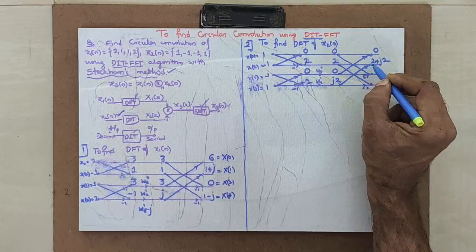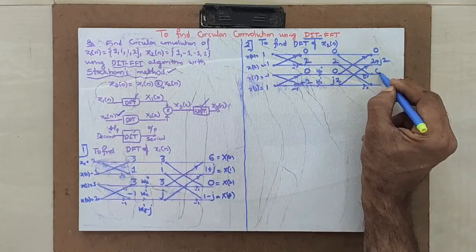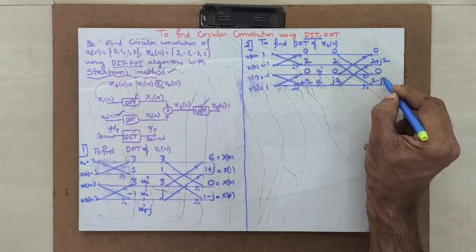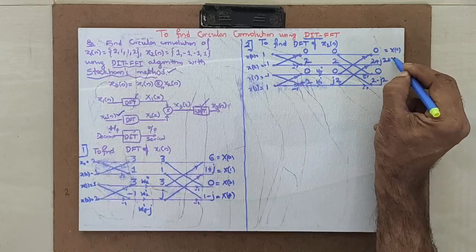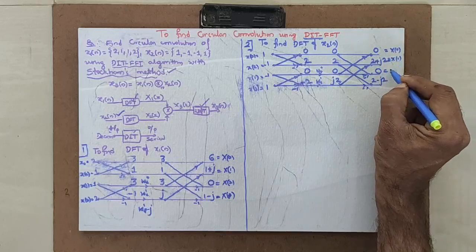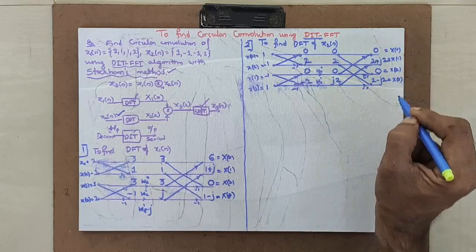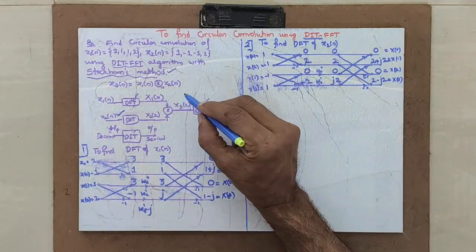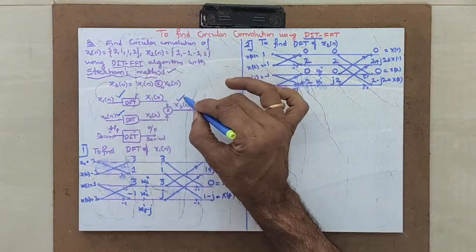j2 comes here, 2 comes here. 2 plus j2. Then 0 minus 0. Then 2 minus j2. Now you know that this is x0, this is x1, serial, x2 and x3. Correct? Now what is the third step? Third step, I have to multiply. You have completed this step and you are into the third step now.